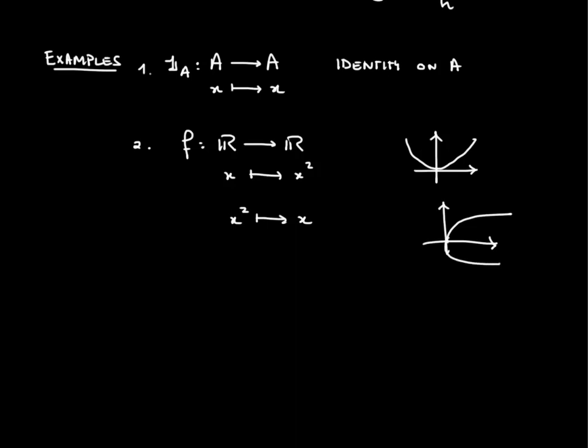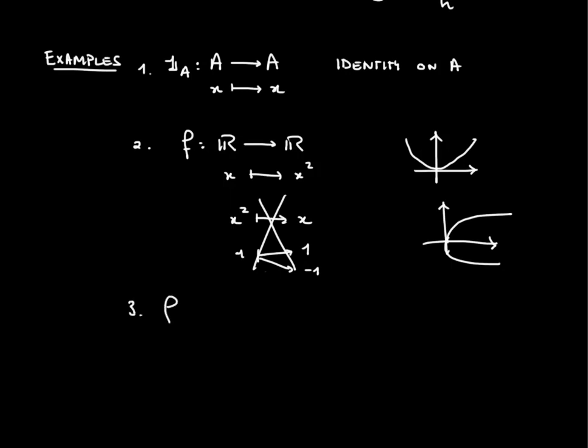Because in this case, I would be sending 1 to 1 and minus 1, okay? So this here, you're not allowed to define such a function, okay? It is not a well-defined function, we say. I could define